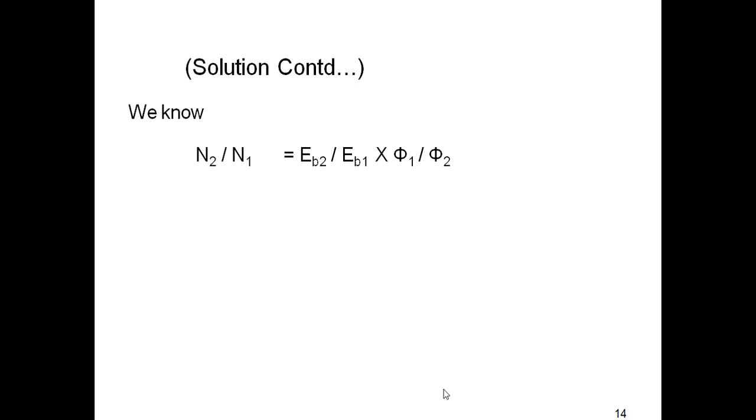Here we already know the value of N1, EB2, EB1, phi 1 and also phi 2. If we substitute all those values in this equation, we get